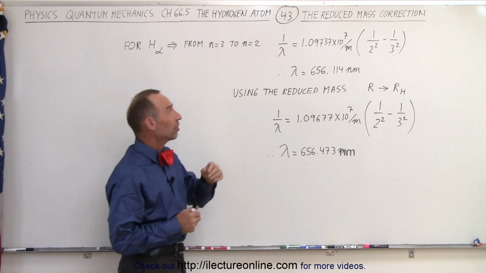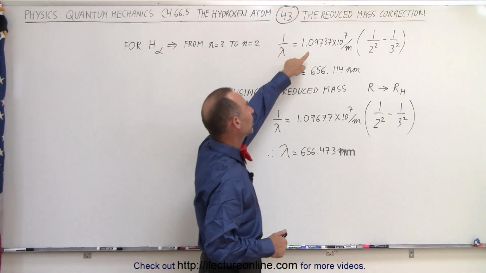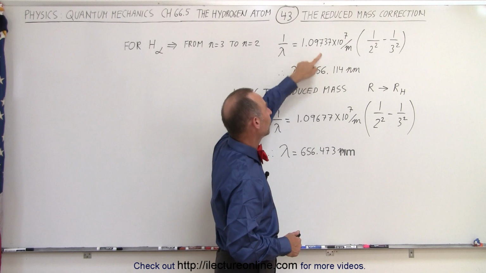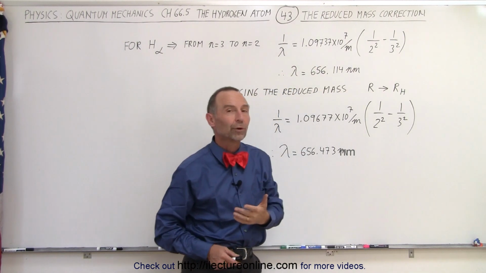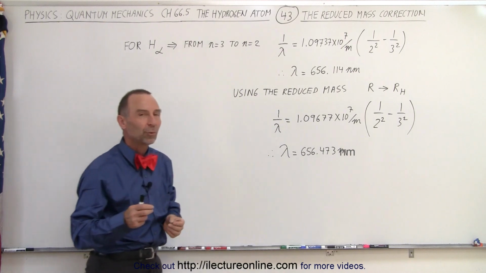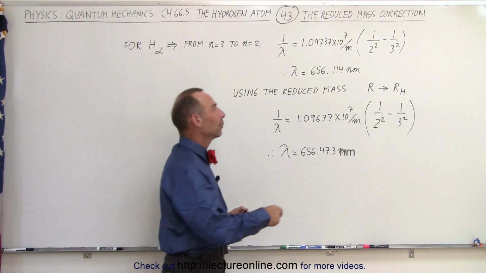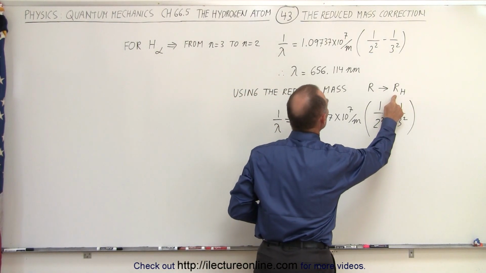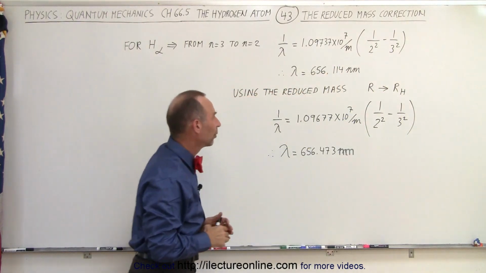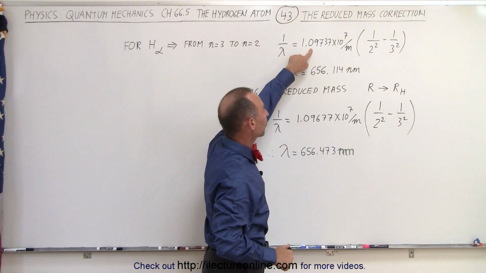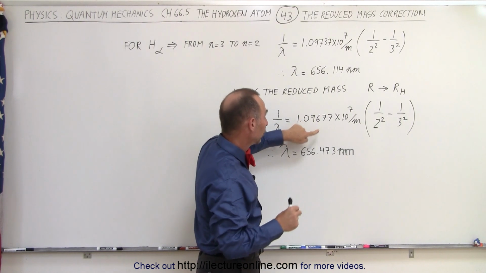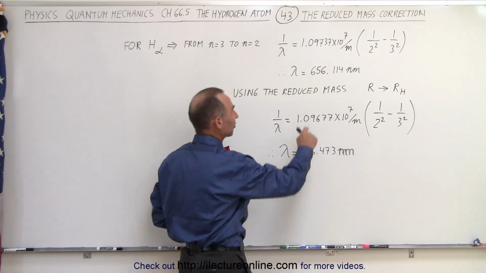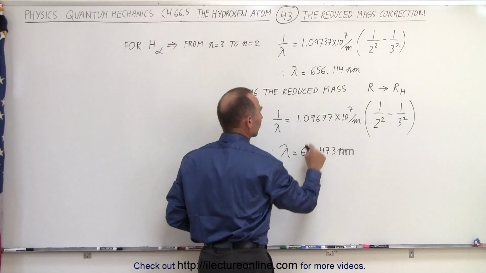So if we first start the calculation using the theoretical value for the Rydberg constant, we have a value for the wavelength of 656.114 nanometers. But what happens when we now use the Rydberg constant, which is calculated using the reduced mass? Well, that changes the Rydberg constant from this to this value. It's a small change, but it's big enough to notice that, yes, instead of 656.114 nanometers, we get a value